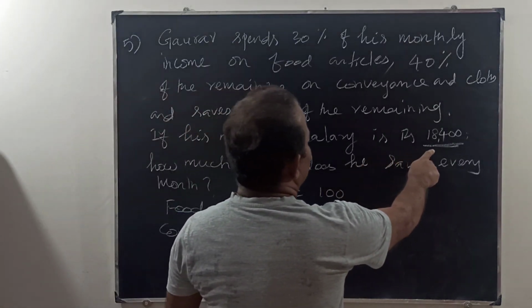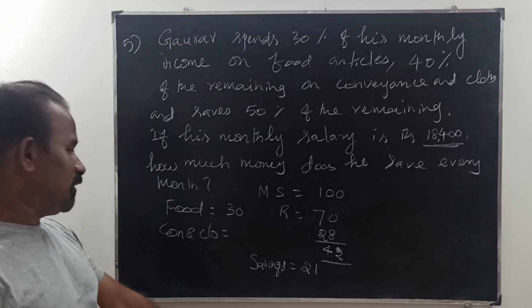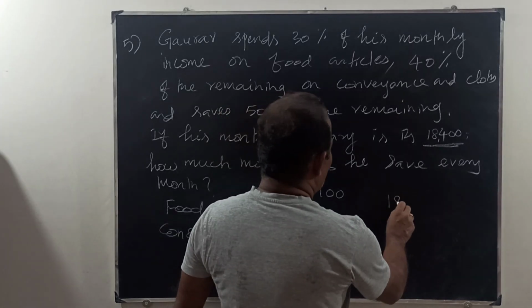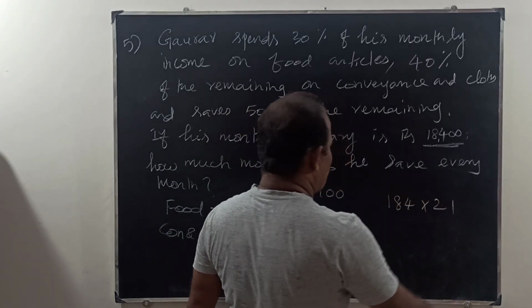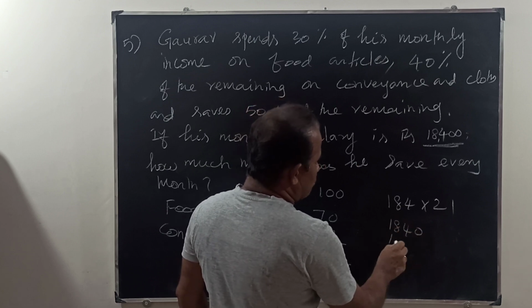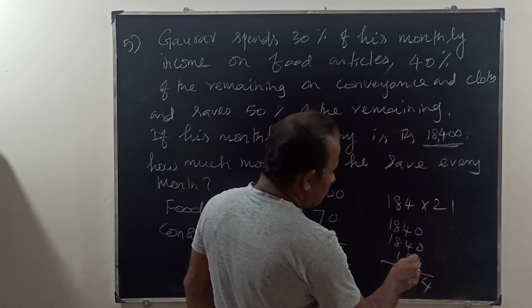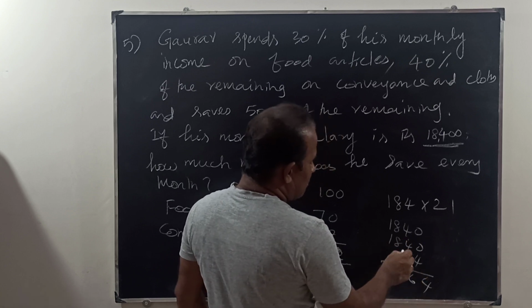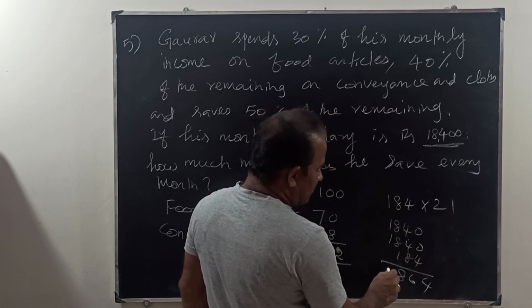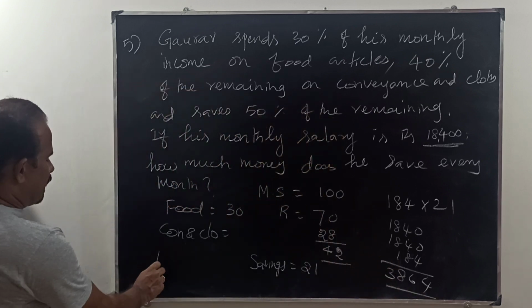So now we have to calculate for 18400. Therefore you will be getting 184 into 21. If you multiply it by 10, you will be getting 1840, again 1840, then 1 times 184, 4, 12, 16, 1, 10, 18. So therefore 3864. So therefore the answer is